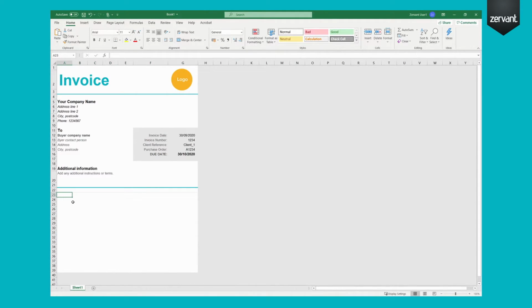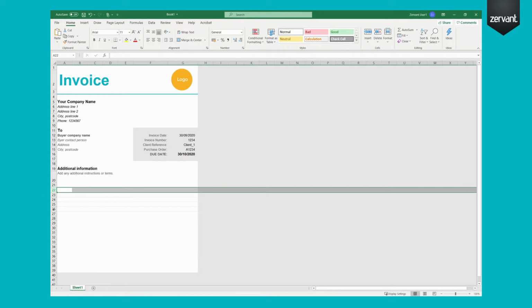So now we have a very light gray line here. We'll select everything from A23 to G23 this time and do the same thing. Click on the border icon. Do the same for the next line, then one after that, and then once more. So we'll have 4 lines in this invoice. If you need more, you can make more, but then you might have to have a different row height for these rows,